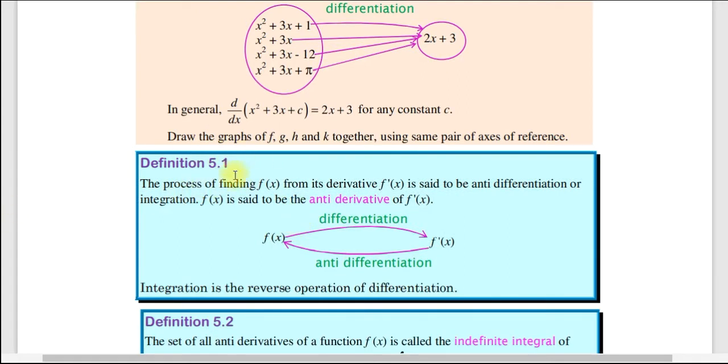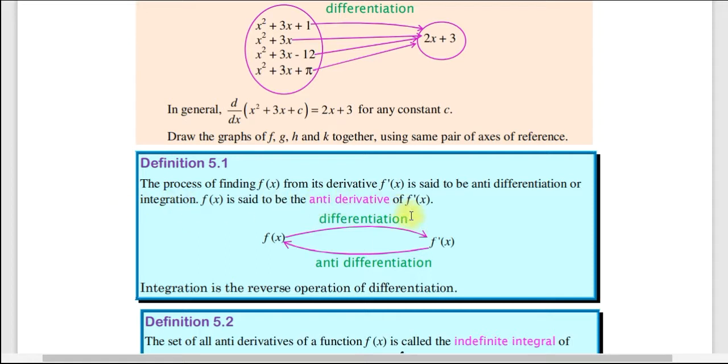ስለዚህ እዚህ ጋር ዴፊኒሽን አለ፣ ሁለት ዴፊኒሽኖች። የመጀመሪያው ዴፊኒሽን፡ the process of finding f of x from its derivative f prime at x is said to be anti-differentiation or integration እንለዋለን። f of x is said to be the anti-derivative of f prime at x. ያ ማለት f of x ን ወደ f prime at x ስንቀይር ፕሮሰሱ ምን ይባላል፣ ዲፈረንሺዬሽን ይባላል።